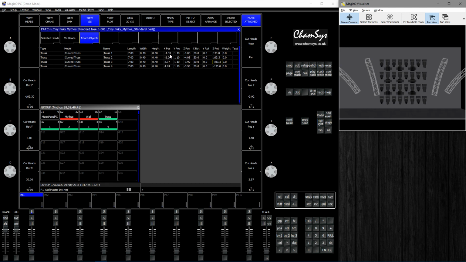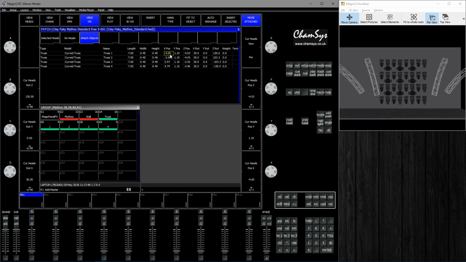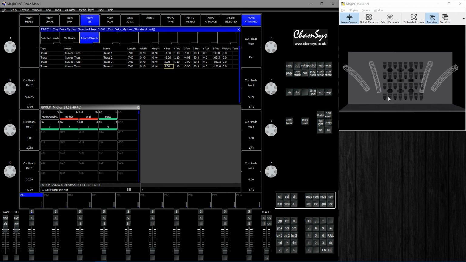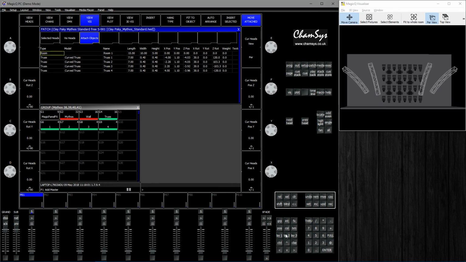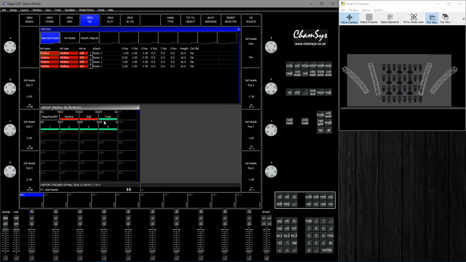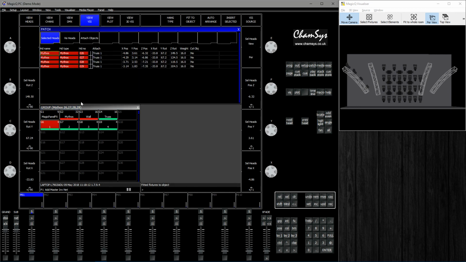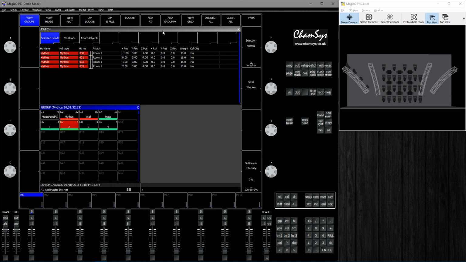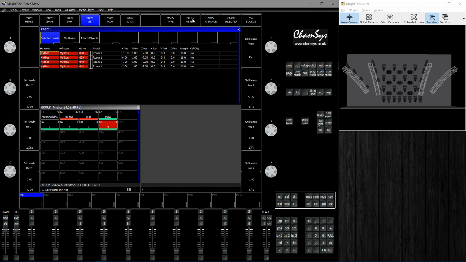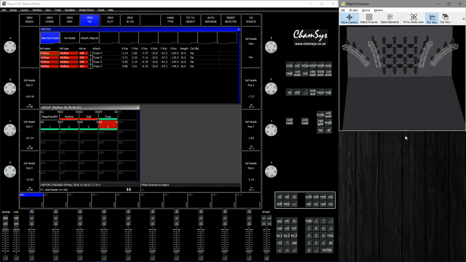So what we could do is we could type minus 4 there, minus 2.2, and then 2.2 and 4. Now go back to the layout 2 view, select the heads, and we're going to select the first group. I'm going to go here, fit object, truss 1, and then number 2, same thing but with truss 2, and repeatedly do that until all fixtures are on the truss.